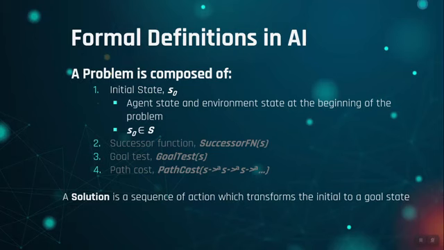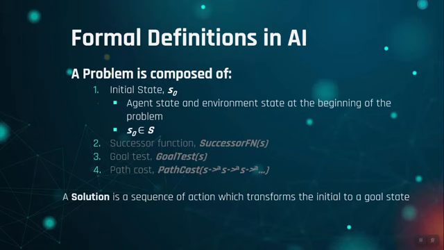So now let's define the components in the search problem. The initial state of the problem is defined by the agent state plus environment conditions prior to finding the solution. For the routing problem, this includes the position of the player, the condition of the location, the status of the nodes, whether visited or not,